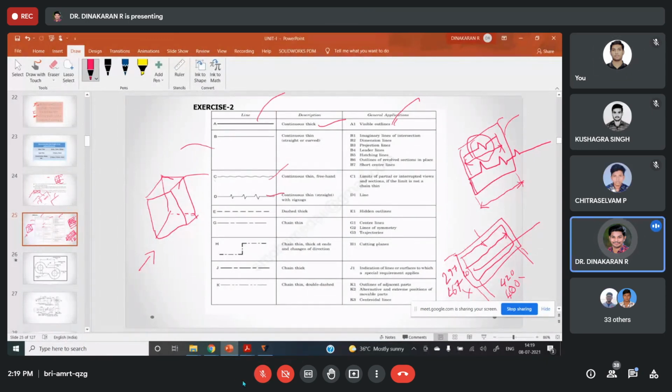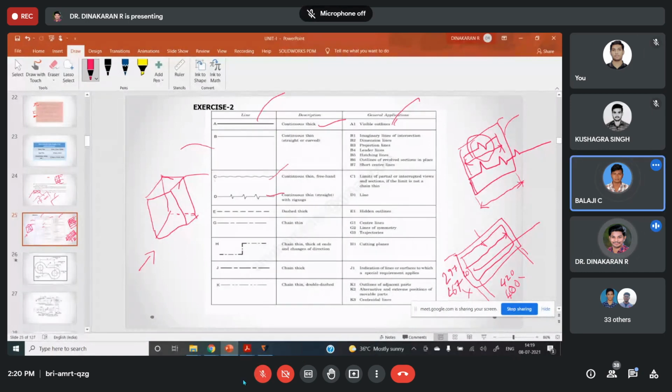Back rectangular face, not visible. That we need to mark with hidden lines. This means there is an object, but it is not visible to our eyes. That is invisible. That invisible line should be marked in a dashed thick line.